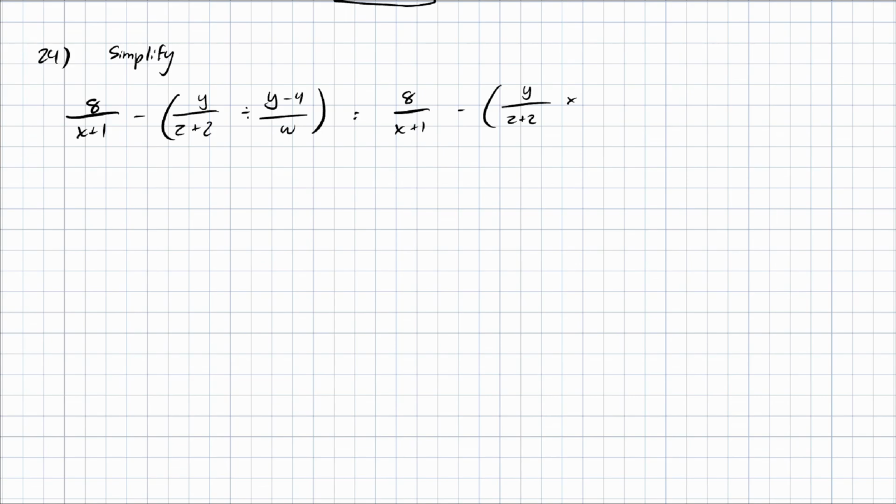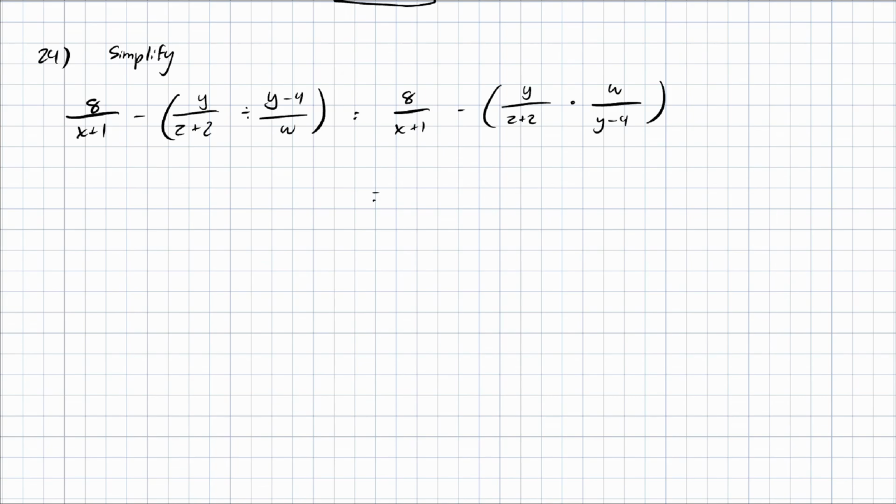Okay. I have 8 over x plus 1 minus, in parentheses, y minus z plus 2 divided by y minus 4 over w. Now, by definition of division, it is just multiplication by its reciprocal. So I'm going to change it to that real fast. Let's do the dot for consistency. W over y minus 4. So I now have,